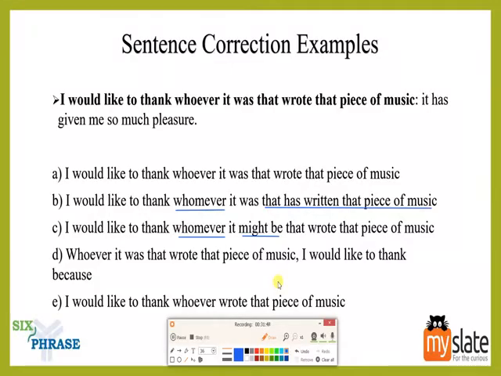I would like to thank. Like, thank what? It is raising a question. Thank what? There should be a word him here. Right? If they had included him, this sentence would have been the answer. I would have happily said D is the answer: I would like to thank him because it has given me so much pleasure. Fine. But they have not done that here. So the D option cannot be the answer.